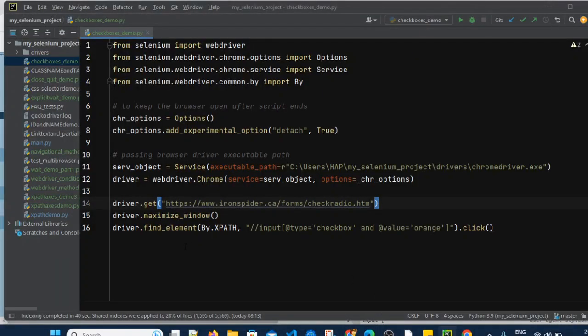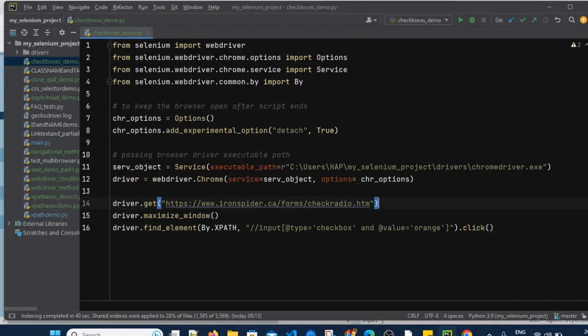I am going to PyCharm. Which method do we have to use here? For a single element, we have seen we can use driver.findElement. But now we want to capture multiple elements. We already have the locator which is pointing to all the 6 checkboxes.